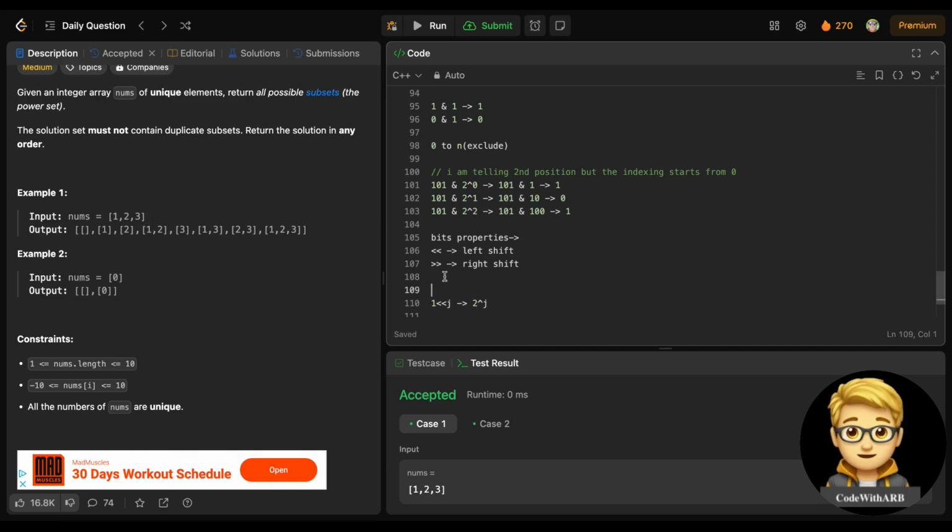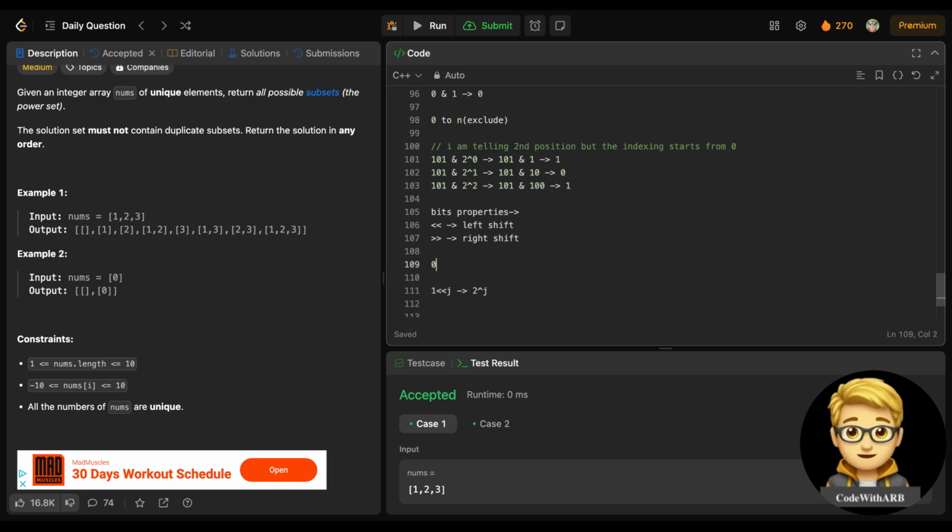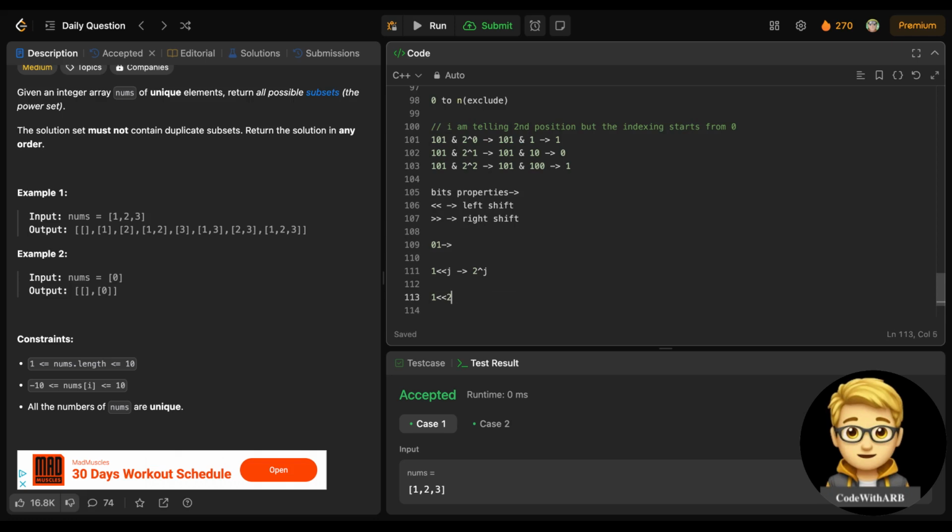The binary representation of 1 is 01, right? So if you shift it by 2, this 1 will be left shifted by 2 and go to 100. The 1 was present at the start, but after shifting by 2, it moves 2 positions to the left.